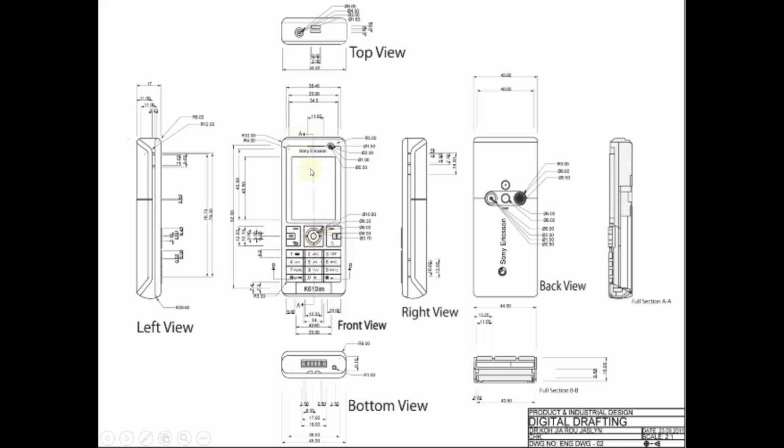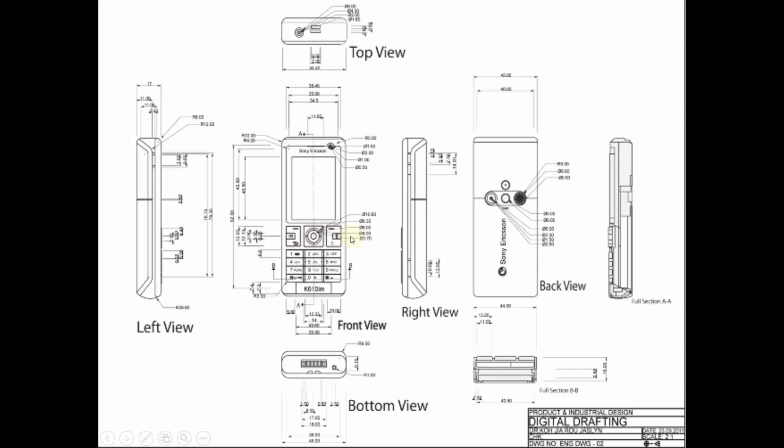The front view, the left view, the right view, top view, bottom view, the back side view, the sectional view, etc. In all these views, you can see clearly that the dimensions are given for each part and each accessory. Even for the key size, distance between the keys, all those are mentioned in detail.